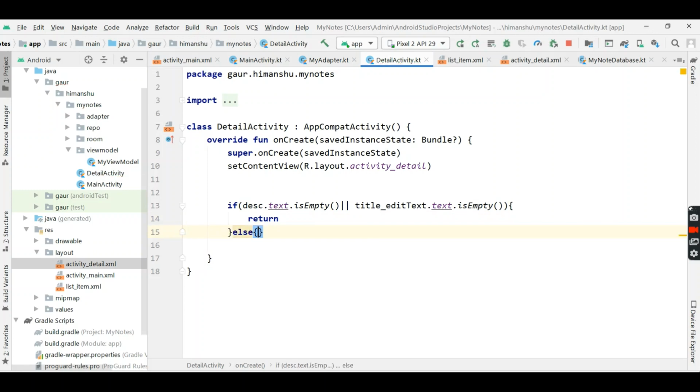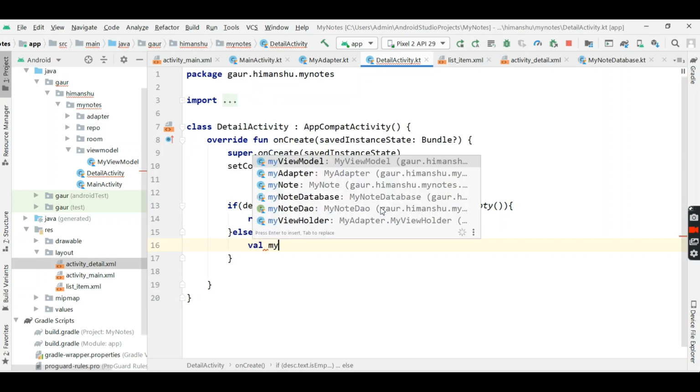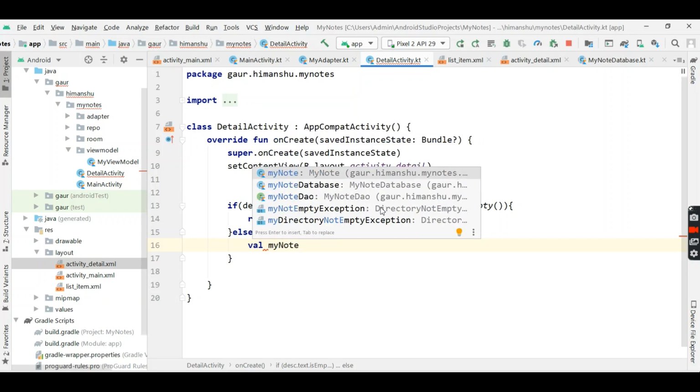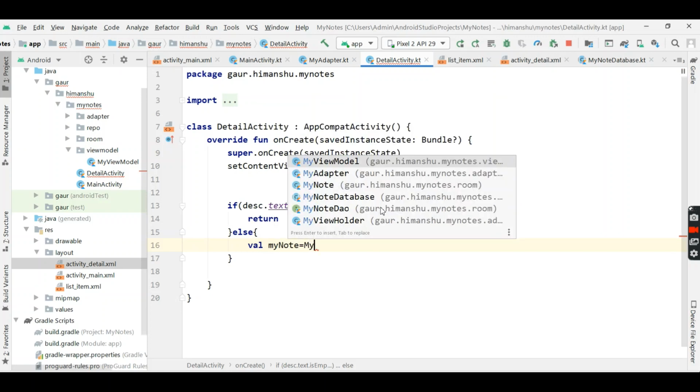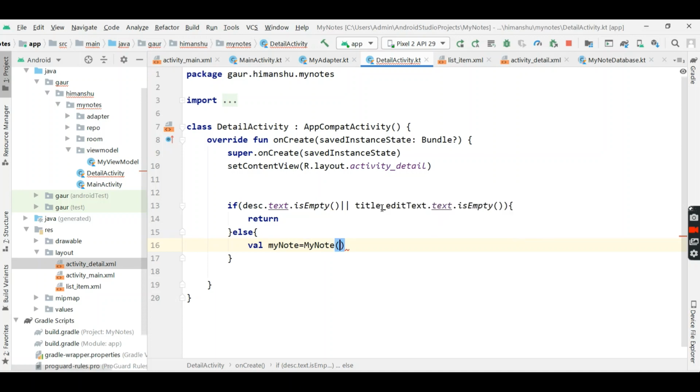else we are going to save this node. So basically we will take our title and description from this edit text and create a node object, and we can insert this node object in our Room. So we will create a node variable. So my node, and the first parameter is our title.